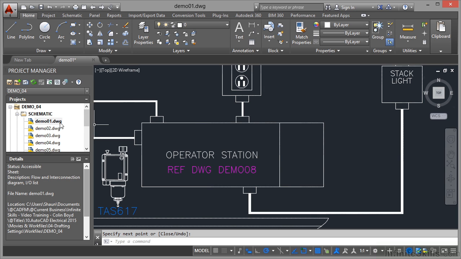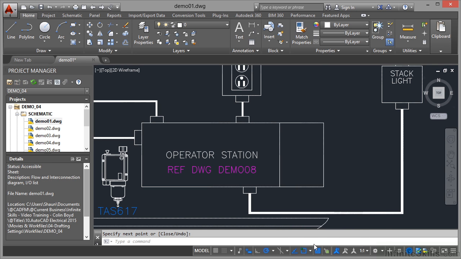So we're staying in the Demo 01 drawing in the Demo 04 project in the project manager. And what we're going to do is check the drafting settings on our status bar at the bottom of the screen. If I come down here, you can see that polar tracking is on. If I look here, object snap tracking is on. It does have its own icon down here on the status bar, even though I can go into object snap